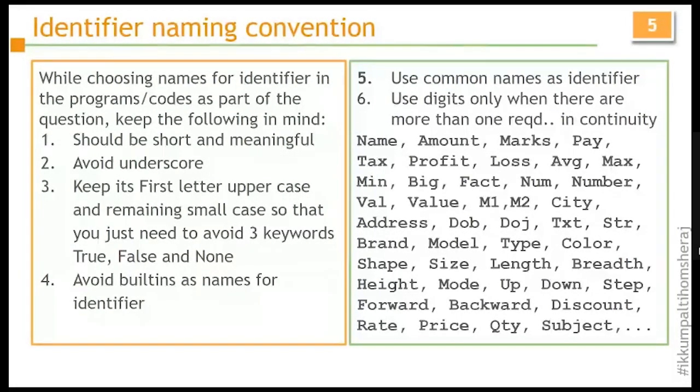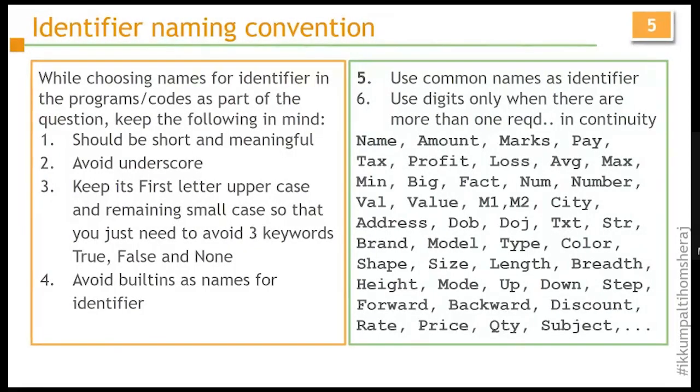This kind of thing you can do. Then city, address, DOB for date of birth, DOJ for date of joining. So these are also commonly used naming conventions. TXT or STR for any text entry, brand, model, type, color, shape, size, length, breadth, height, mode,